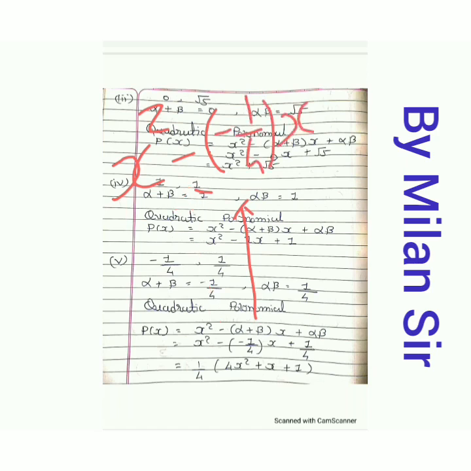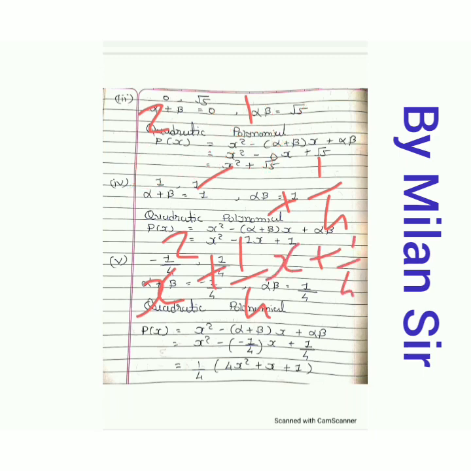This sign we get from the formula, and if our value of alpha plus beta is also negative, then we need to write in bracket. Many students forget to write the minus sign here. And then plus alpha into beta, value 1 by 4. So here minus minus becomes plus. That means x square plus 1 by 4x plus 1 by 4.